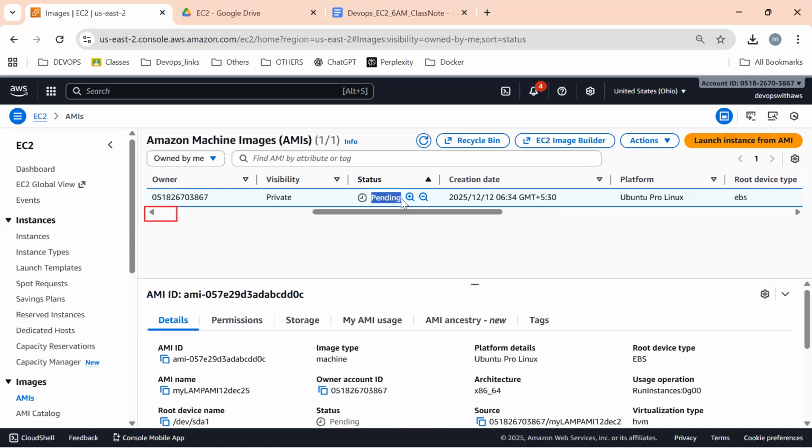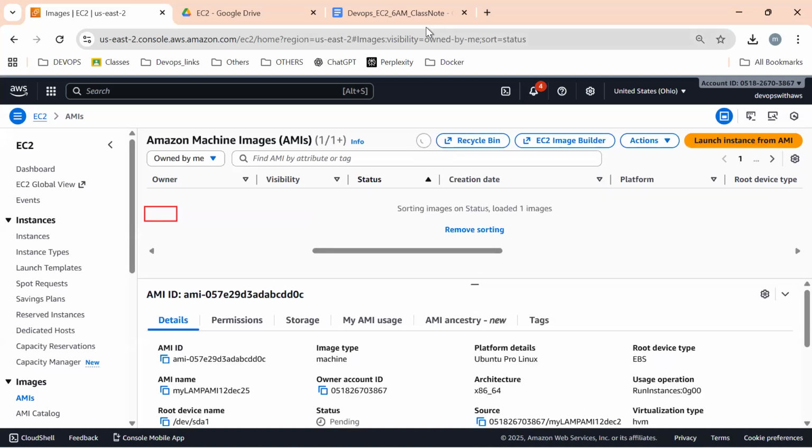So why, sir, why did you choose LAMP? Because the entire EC2 module, we are going to learn with the help of LAMP only. Okay, so do I need to install a web server, any live server, to explain this entire process? EC2 we will understand tomorrow also with LAMP only, and the day after tomorrow also LAMP only. With this example, we are understanding load balancers, auto scaling, Route 53. These are all the concepts. That's why we chose LAMP, to explain concepts only, but we're not learning LAMP.